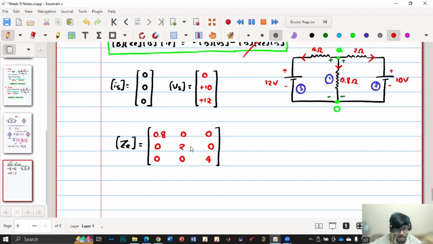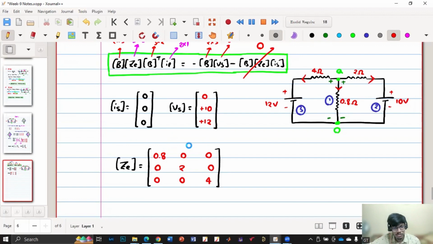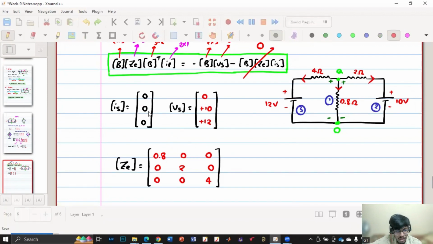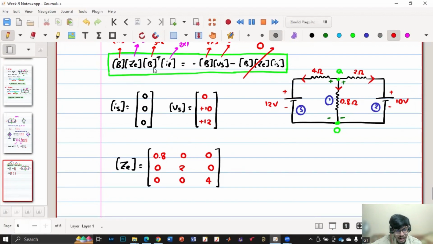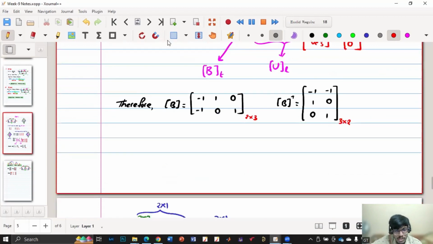Yes, sir. So now we'll substitute everything in this. So B into ZE into B transpose. So first we need to calculate. Okay, so let me copy paste this also. So B into